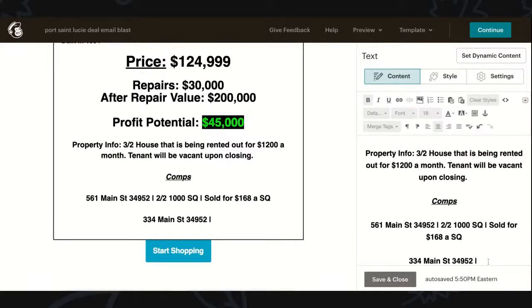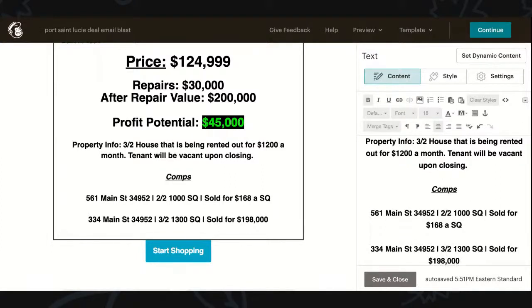All right. So, and then there, I can just put 32, 1,300 square feet. I'll put sold for, I like to just do 3 comps that actually help me out the most. $98,000.